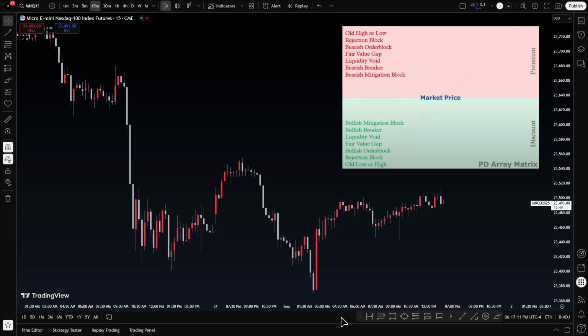Alright folks, welcome to episode 2 of the Array Archive series. In this episode, we're going to be going over the PD array matrix. As you can see here in the top right corner, we have a gigantic picture which clearly says PD array